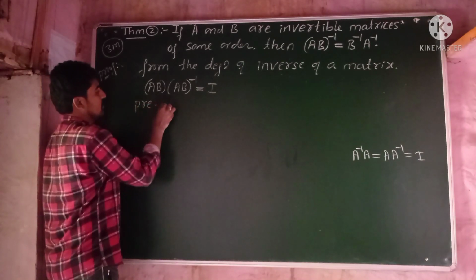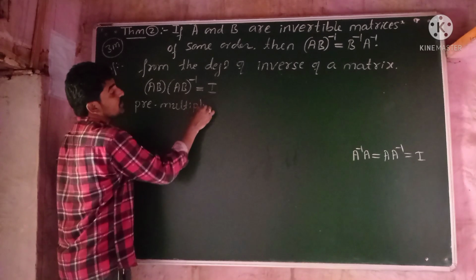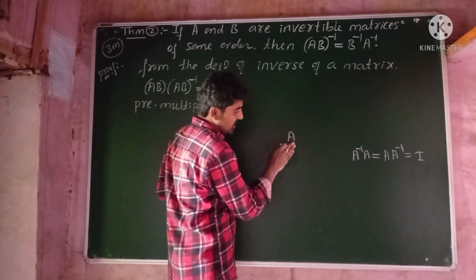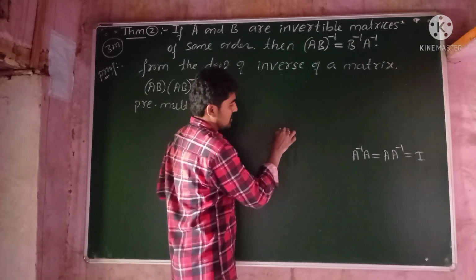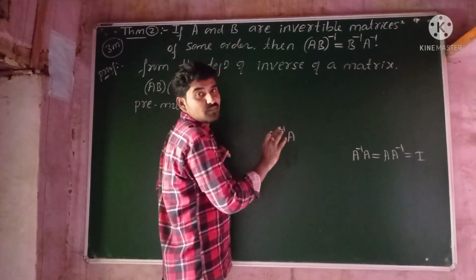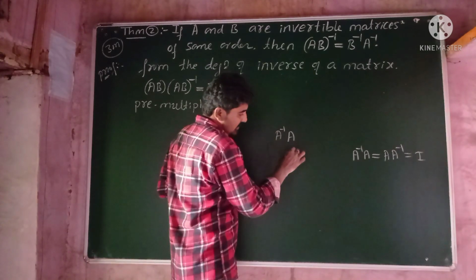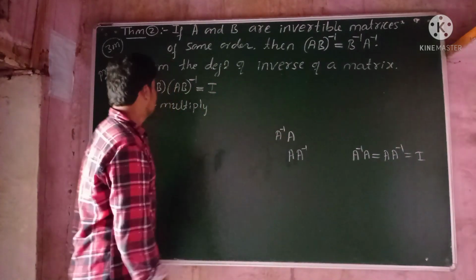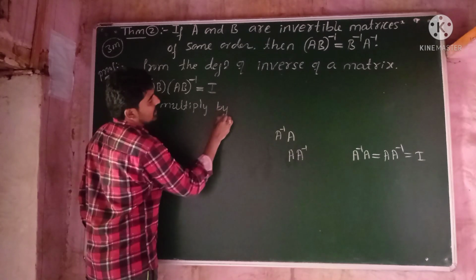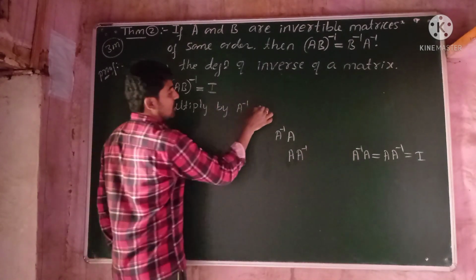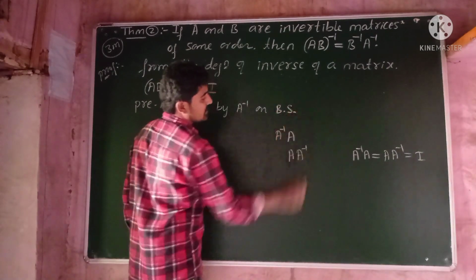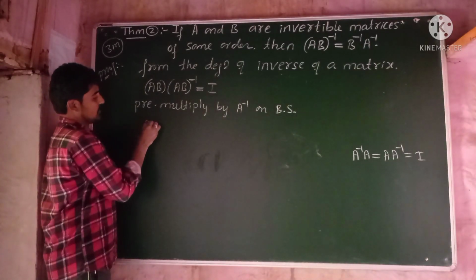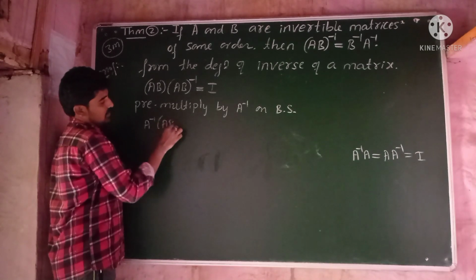pre-multiply. Pre-multiply means, if A is one of the matrices, if I multiply this matrix A by A inverse on the left side, we call it pre-multiply. If suppose we multiply on the right side by A inverse, that is post-multiply. What am I doing here? Pre-multiply by A inverse on both sides. Then this equation becomes A inverse multiplied into AB matrix into